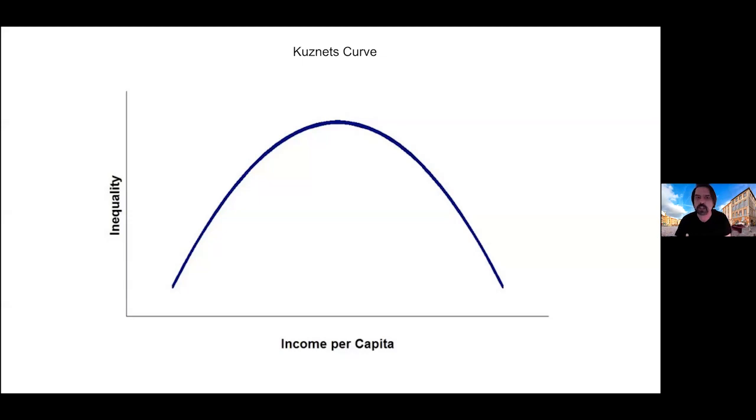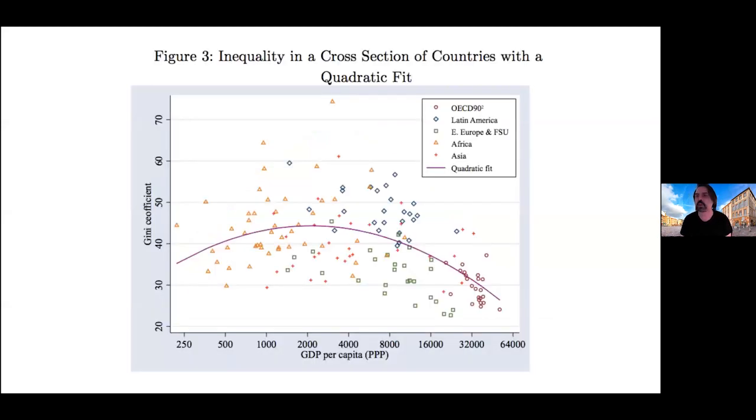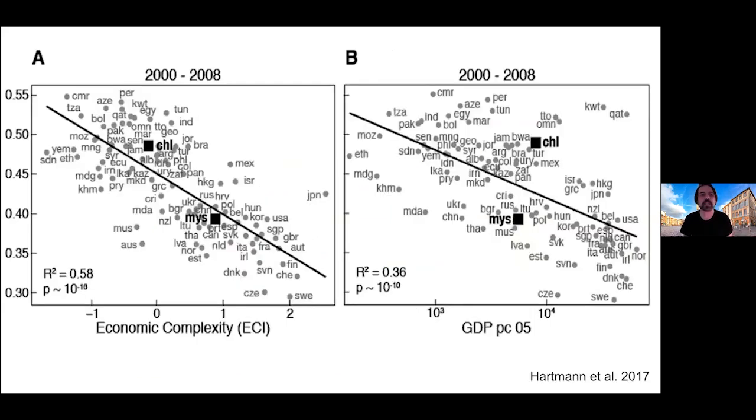But in theory, this looks very good. In practice, it's actually much more noisy. You need a lot of imagination to see this quadratic term here, there's a lot of scatter. So when you bring this into the data, here on the left, you have the Gini coefficient of countries compared to economic complexity. And on the right, you have GDP per capita. If you put a quadratic term, you do get a little bit of the curvature, but in reality, that curvature is not really what dominates.